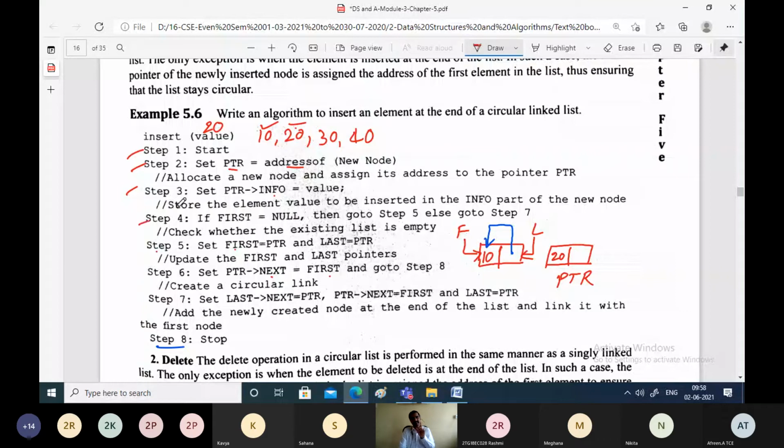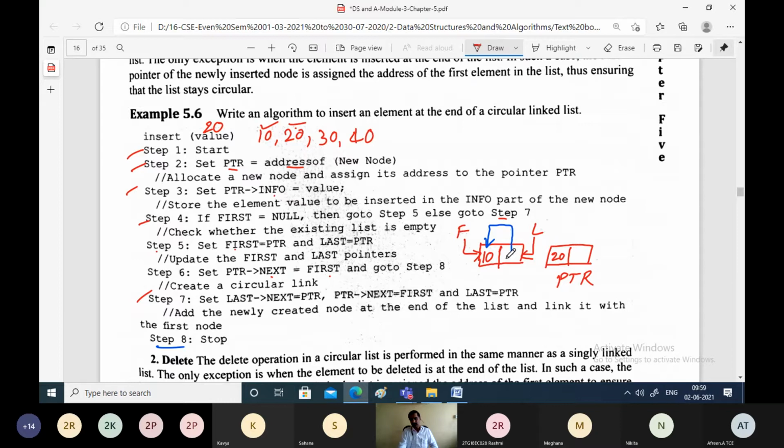Next, check, is first pointing to null in our case? No, it is not pointing to null. That means at least there is one node present in the linked list. When if is false, we will go to the else part. So in the else, what are we going to do? We are going to step number 7. Step number 7 indicates that at least there is one node and we want to attach the new node to the linked list now. So how can we attach?